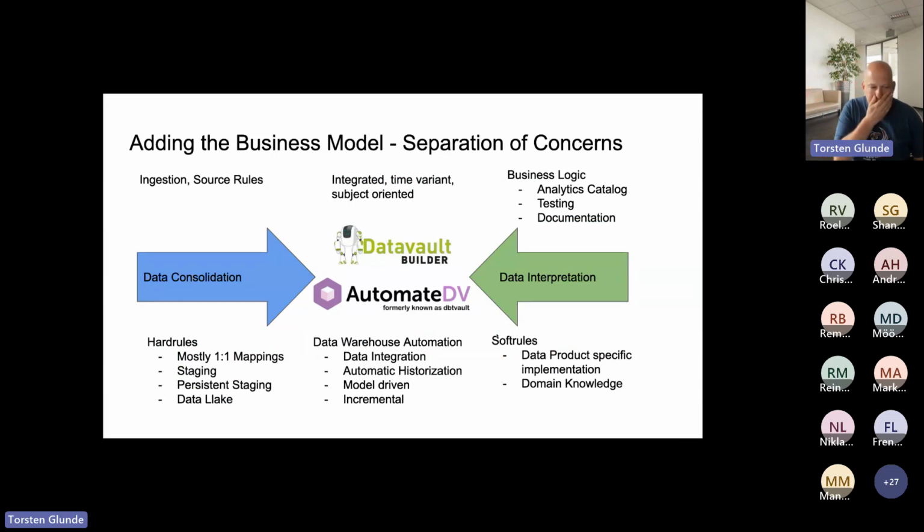In addition to this, we have the hard rules that are before the data vault, which just implement the persistent staging or data lake abstractions or whatever you need in order to get the data to be consumable by your data vault automation. And then within the data vault automation, you only need to map the sources to the target objects, which are the ensemble logical model objects. And then you gain data warehouse automation, which gives you data integration. You can add multiple sources to the same concept, automatic historization, and you have model-driven implementation, which means you can incrementally